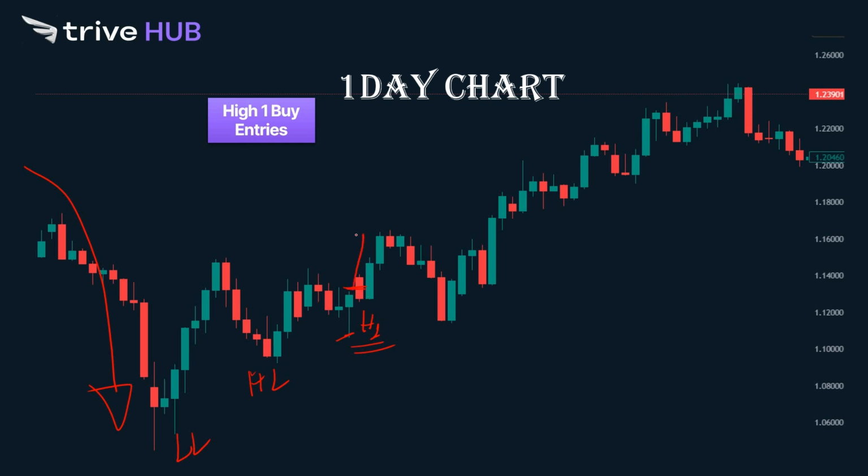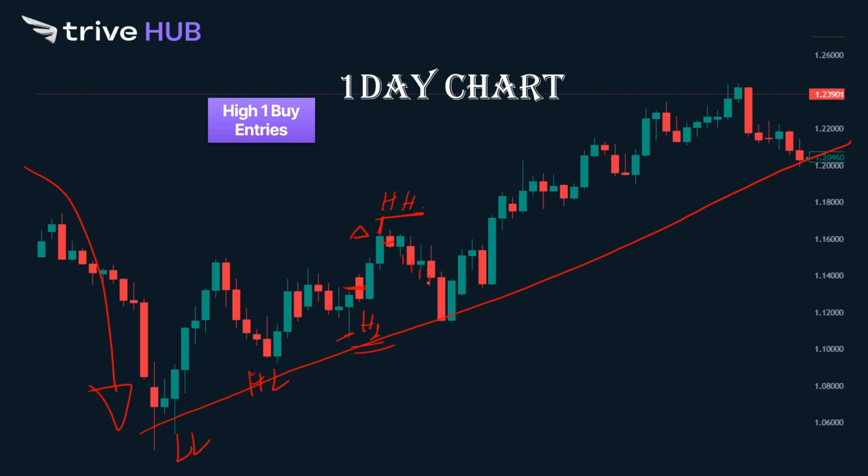Alright, so it moved this much, a very good move for a scalp or a short term trade, because this is a day chart. And then it started to form a deep pullback. Deep pullback is like this, okay. So in deep pullback you are seeing this one as the highest high bar,